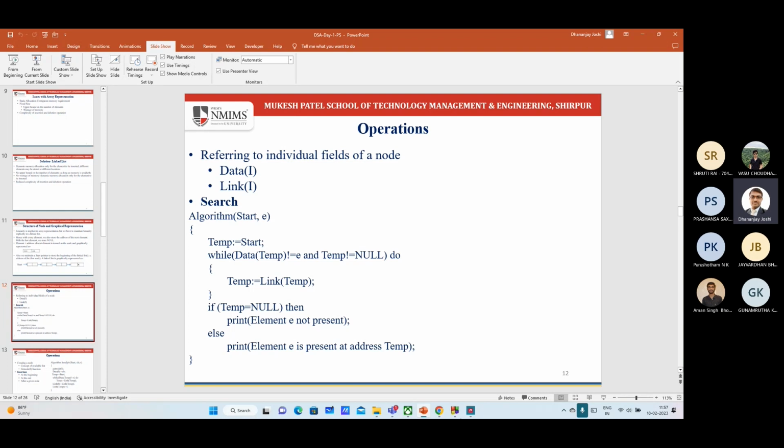So this is what this algorithm works around. जब तक डेटा फील्ड में एलिमेंट नहीं मिल जाता या फिर नल नहीं हो जाता। अब जब ये लूप टर्मिनेट होगा तो ये एंड कंडीशन के साथ है, तो अगर डेटा फील्ड में इक्वल टू ई हो जाएगा तो ये फॉल्स हो जाएगा, या फिर टेम्प नल हो जाएगा तो ये फॉल्स हो जाएगा, ठीक है।